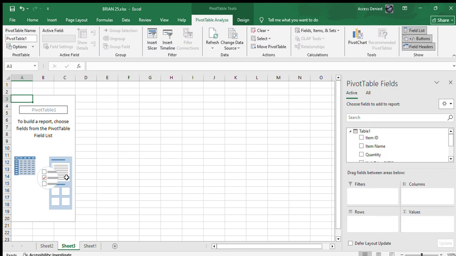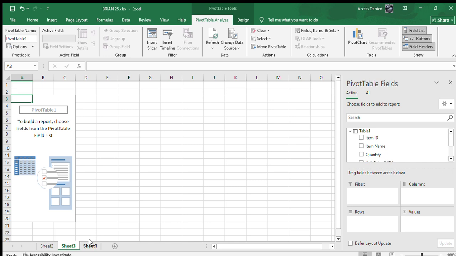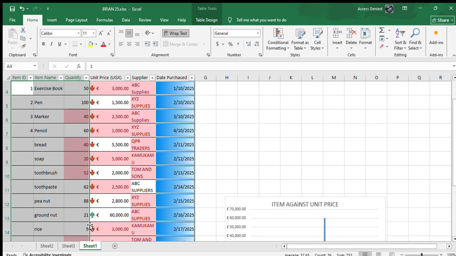So this is the pivot table. Then from there, I had already created it, so I'm going to first delete this. So when we come back to sheet 1,